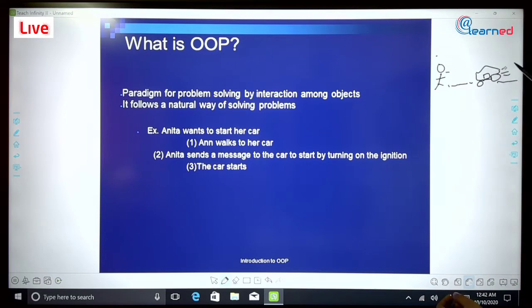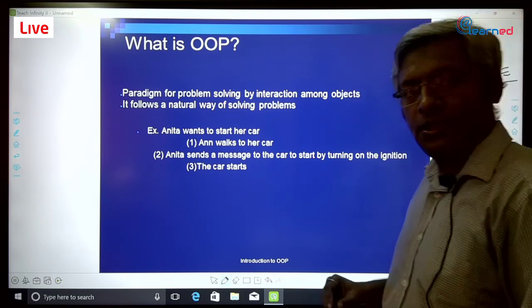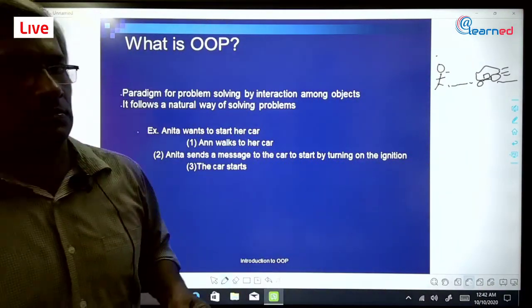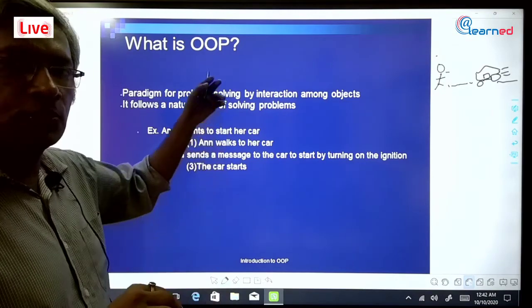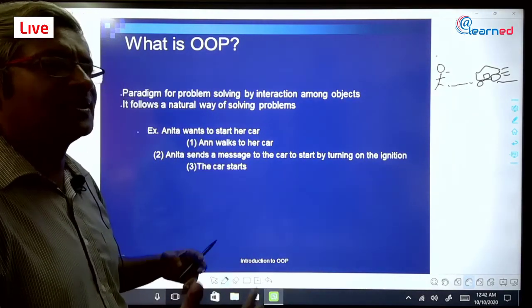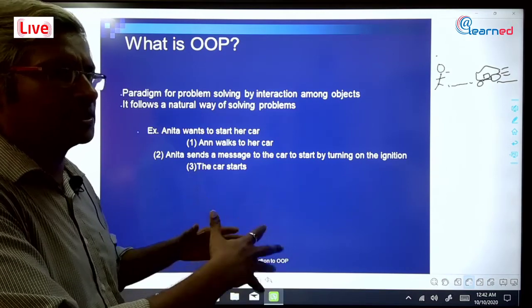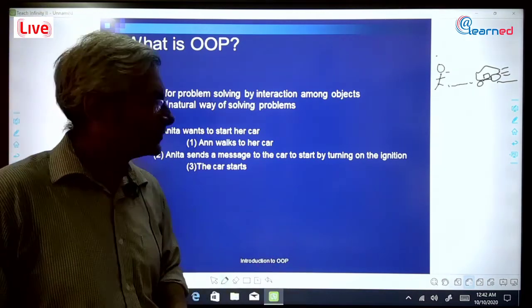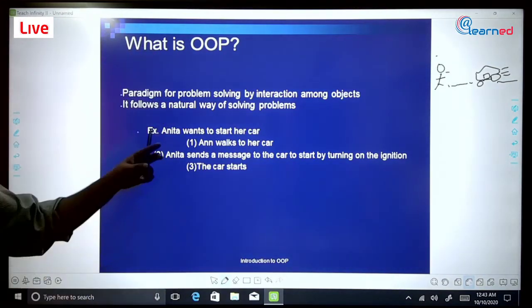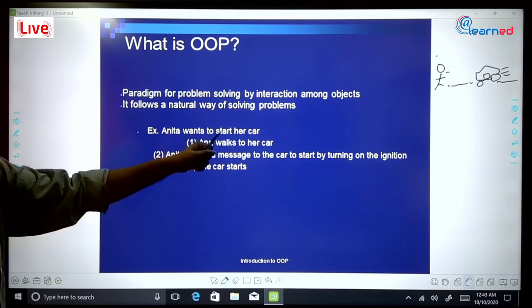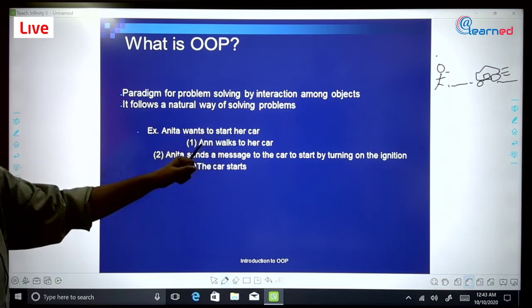In a similar way we can do it in the digital world by using OOP. So it has a natural way of solving problems. We are just modeling the real world problems, real world examples into the computer world. So for example, as I said, I have a person, say Anita is the person, she wants to start her car. So what will she do? She walks up to the car,